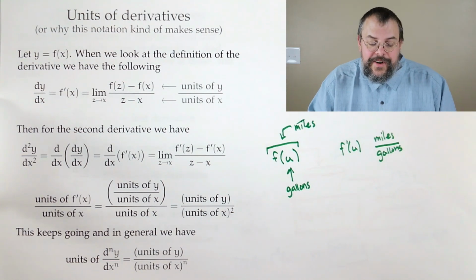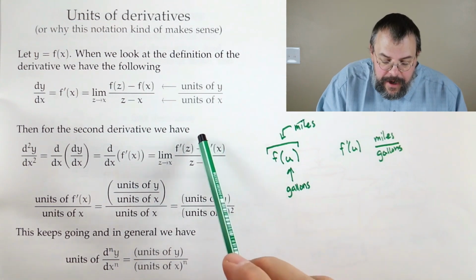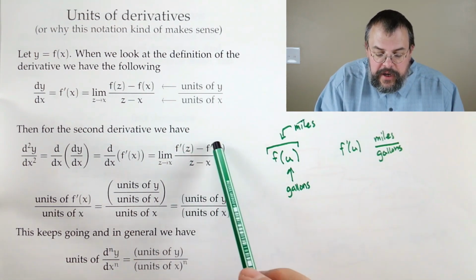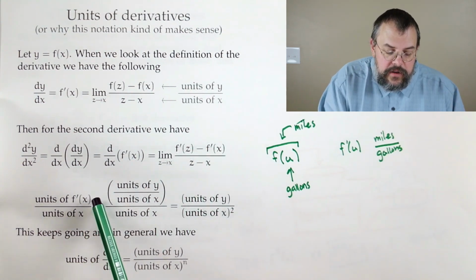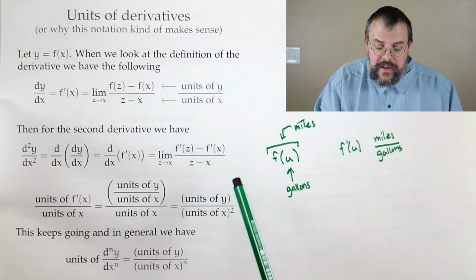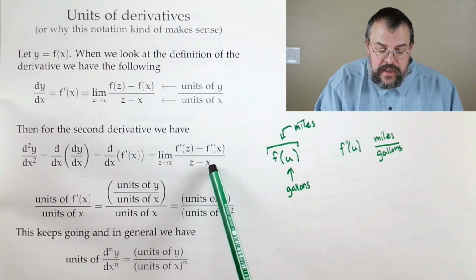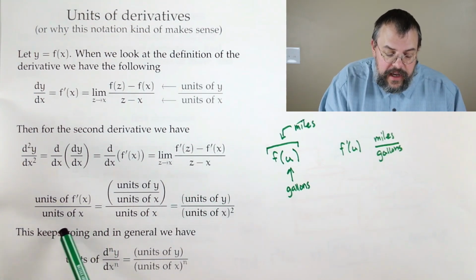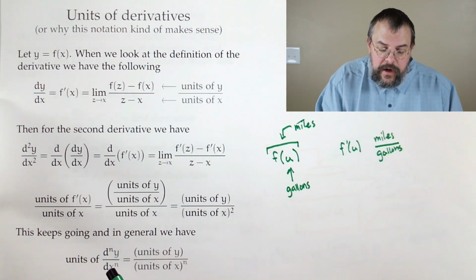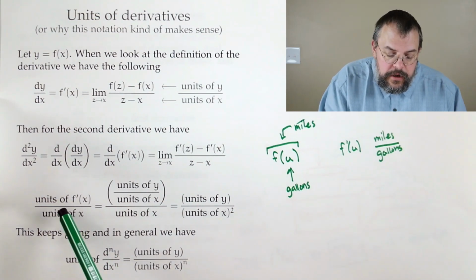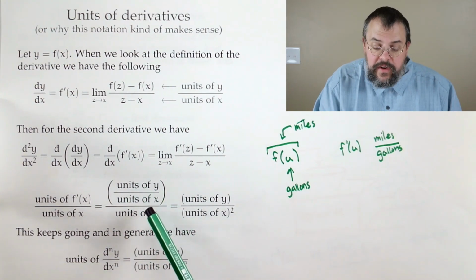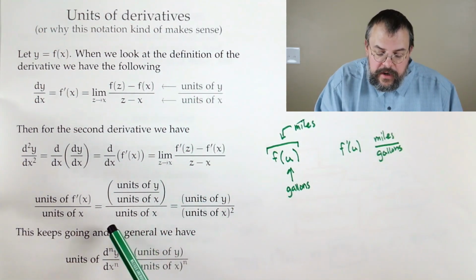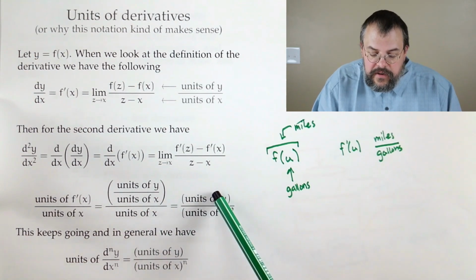So now, what are the units? If we think about what's going on here, up here we have the derivative. So the units upstairs are the units of f prime of x. The units downstairs are the units of our input, the units of x. So now, what do we know about f prime of x? Well, that's the units of y over the units of x. Divided by the units of x,